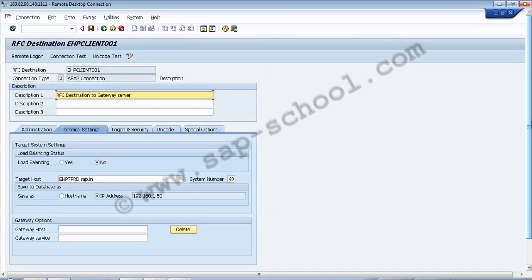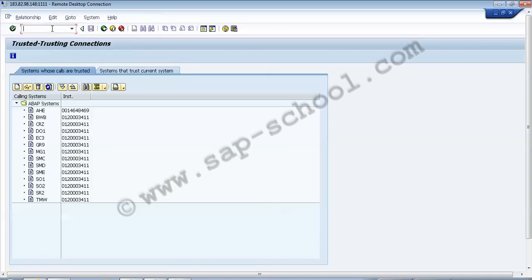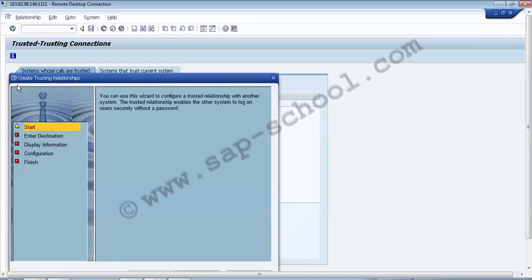So in this I have to enter the RFC destination which we have just created, and after that we have to click on this continue button. This way the information of my trusted system will be displayed, and then we have to click on save. So let's say if I give the RFC destination as EHP CLNT, and then I have to click on continue.